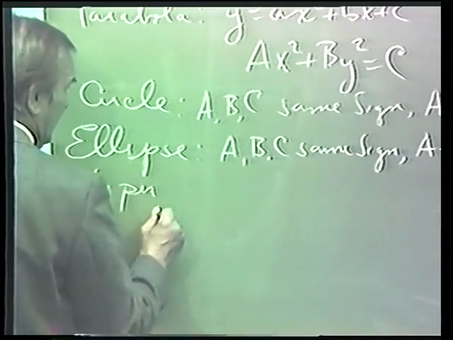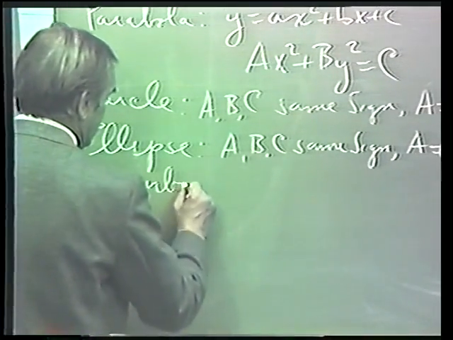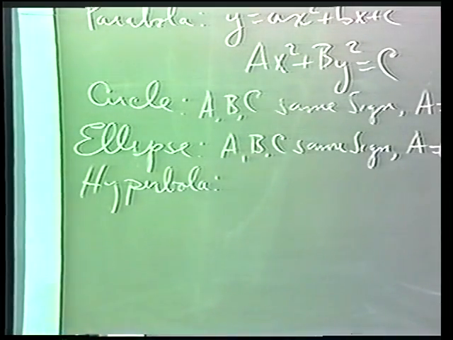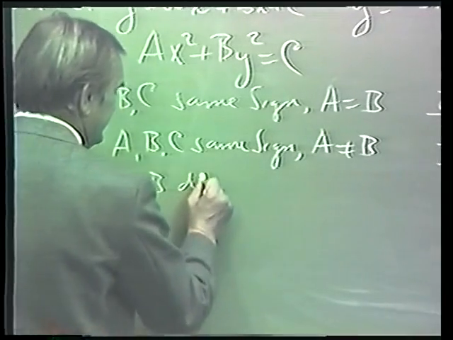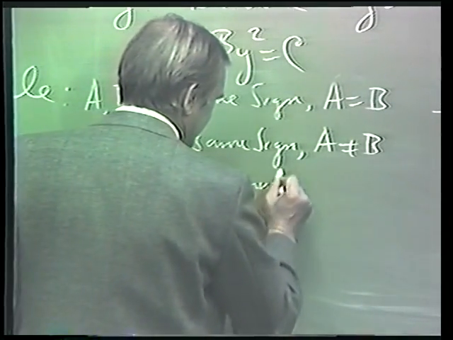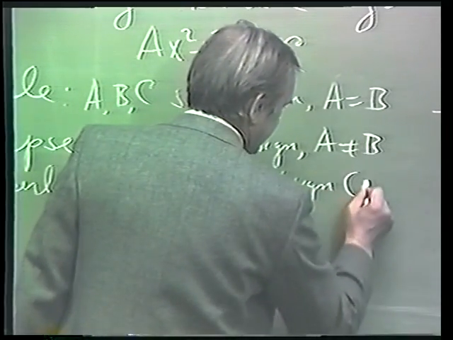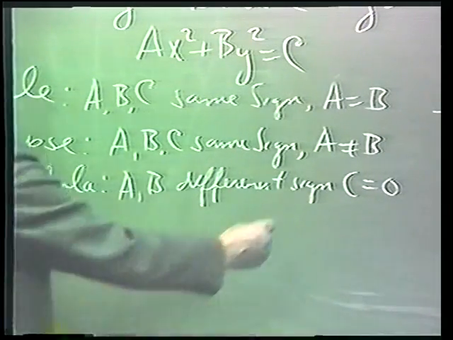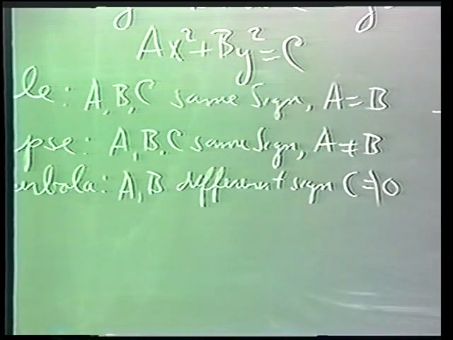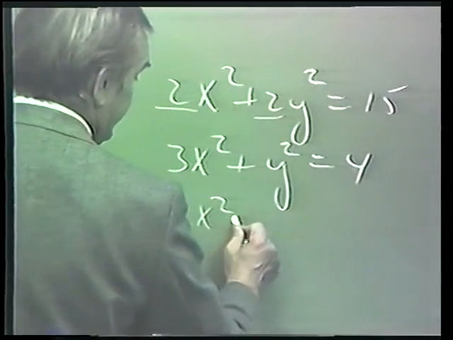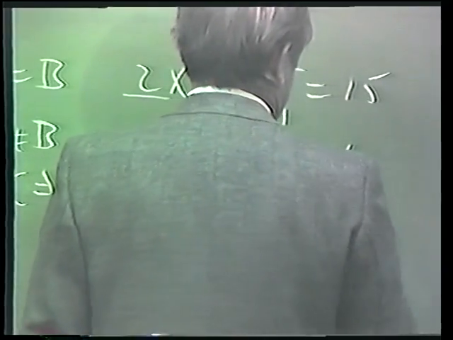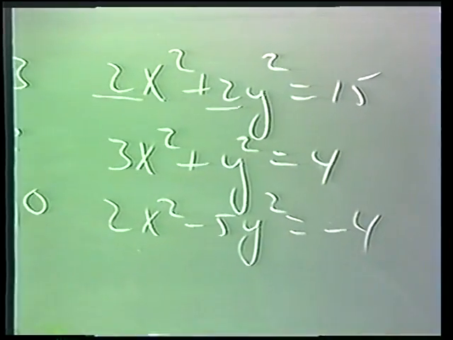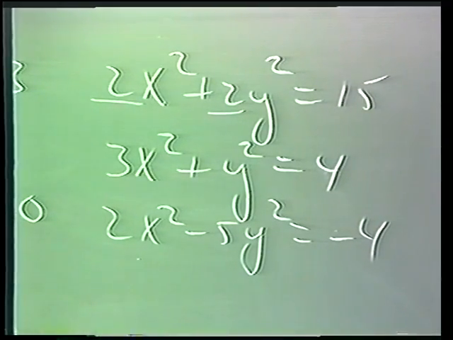Using the same ax squared plus by squared equals c, we can have a hyperbola. Now remember, a hyperbola is just two parabolas facing each other, that's all it is. You get a hyperbola when A and B have different signs, opposite signs, and C does not equal 0. What we're saying there is that the x squared term and y squared term have different signs. And this number over here cannot be 0. It can be anything else you want it to be, but it can't be 0. Negative 4. Notice A and B have opposite signs. C is not